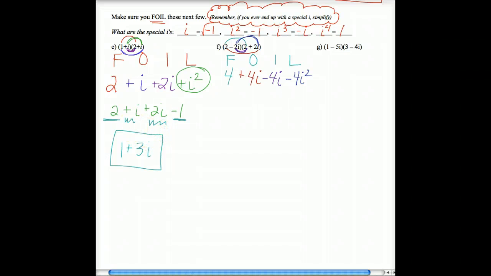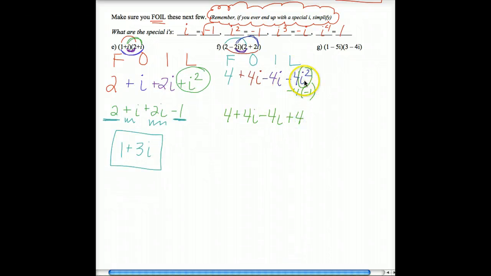So first thing I do is identify my special i's. So I've got an i squared here. So that is negative 1. Now it's got this negative 4 next to it. What that really means is negative 4 times negative 1. Now many of you are just going to learn as soon as you see an i squared, you just change whatever this sign was, because negative 4 times negative 1 is positive 4. So in my next step, after I simplify my special i's,